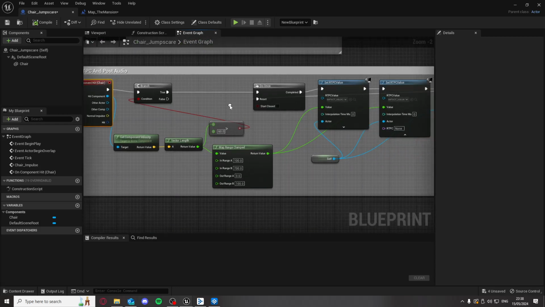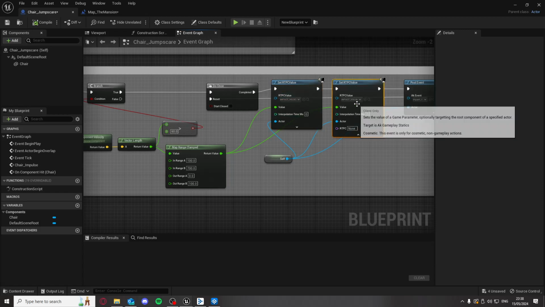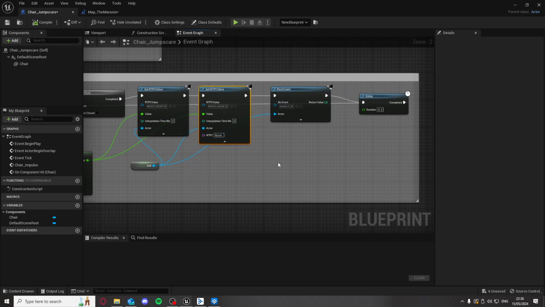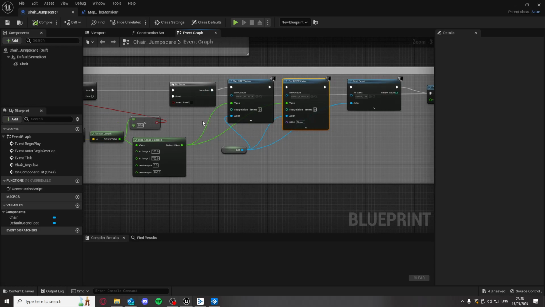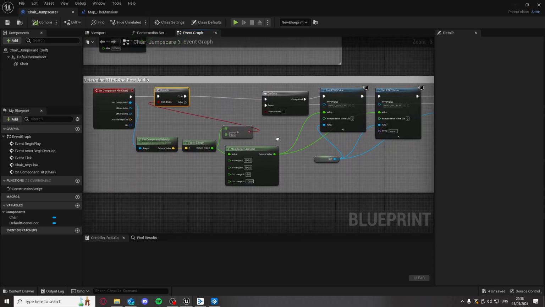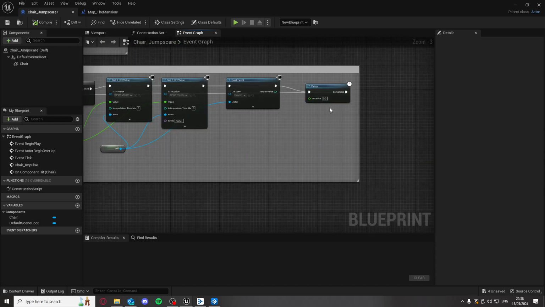On component hit, so when the chair actually comes into contact with something else, we're going to get the velocity of it, and if it's over a certain amount, just so we don't get hundreds and hundreds of little sounds, we're going to clamp that range, set the two RTPCs, the velocity and the volume, and then post that impact sound. A short delay means that we don't end up with, again, 100 different sounds a second, because that can happen with impact events in Unreal. And it just resets a do once, so we only get that at a minimum of every 0.3